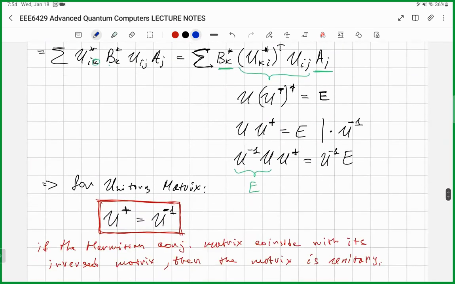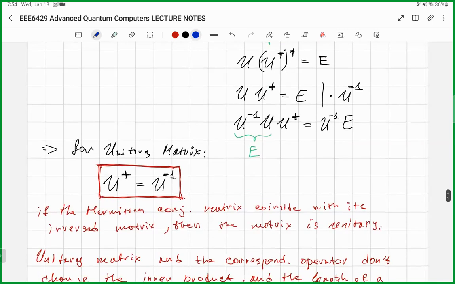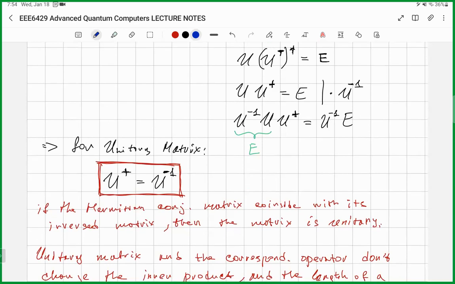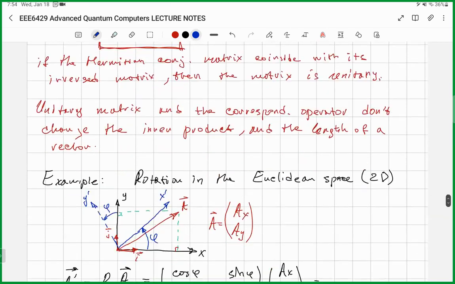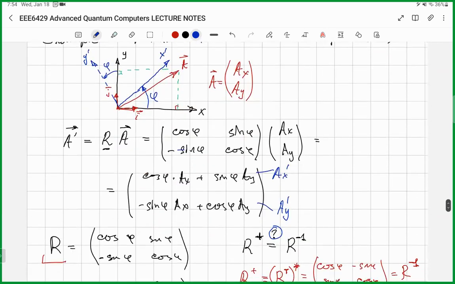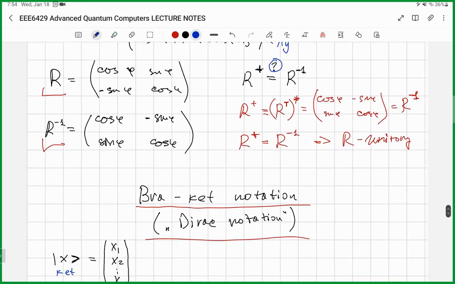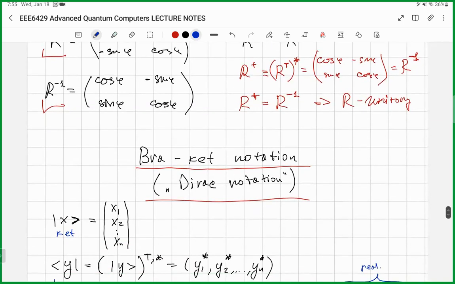And in fact, all the physics of the quantum world, quantum mechanics, quantum computing, is based on using unitary matrices. And then we discussed the example of why the rotation matrix,